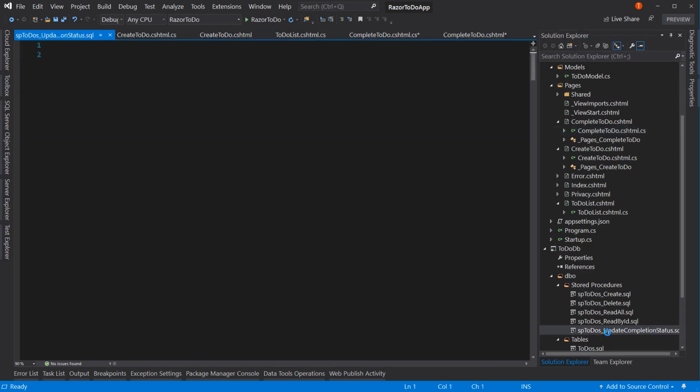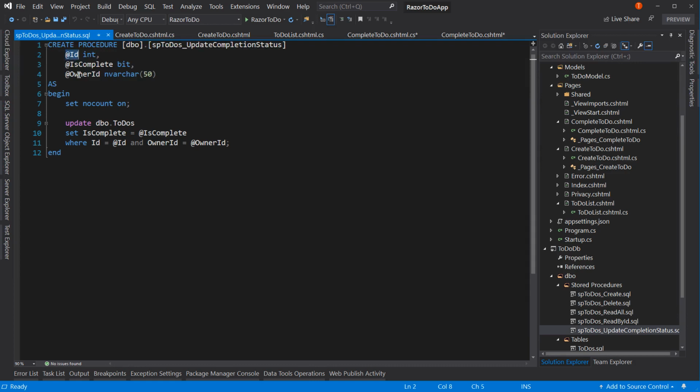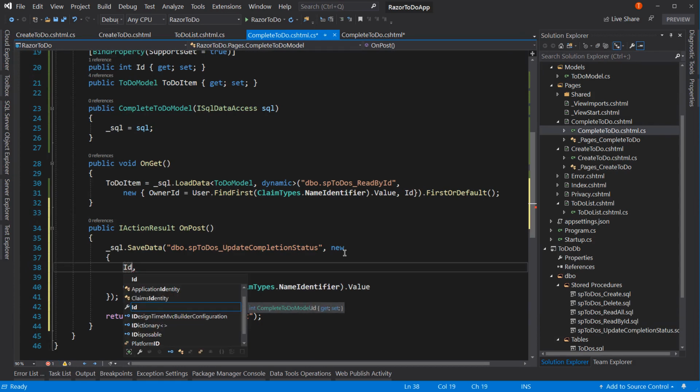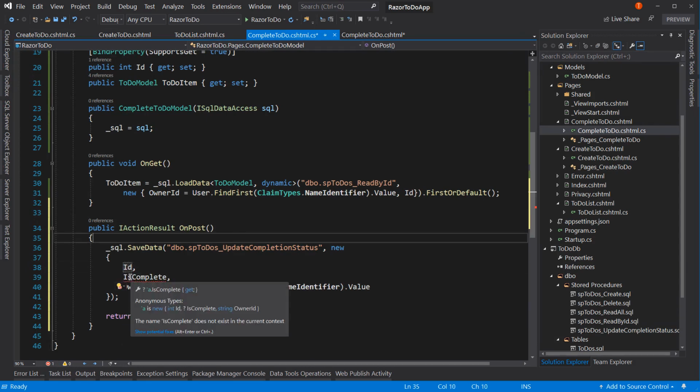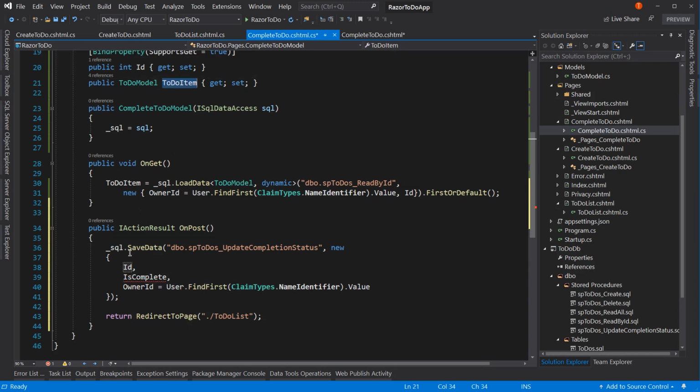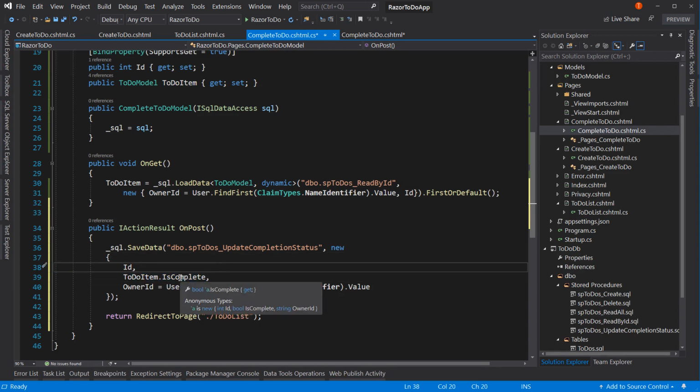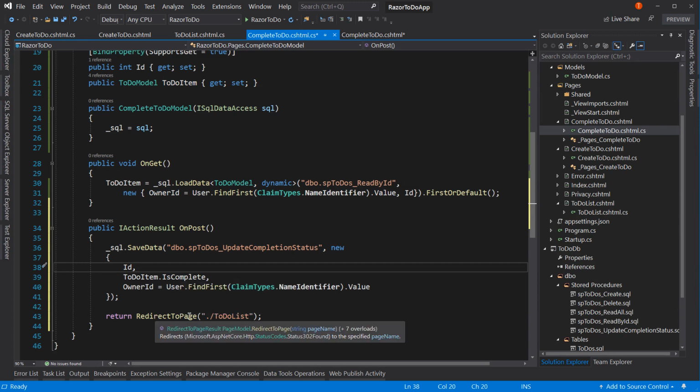Okay, so the update is going to take in an ID, an is complete, and owner. So the ID is going to pass in as ID. The is complete is actually to-do item dot is complete, and that should just say is complete is the name it gives it. We're going to make sure that's the case when we